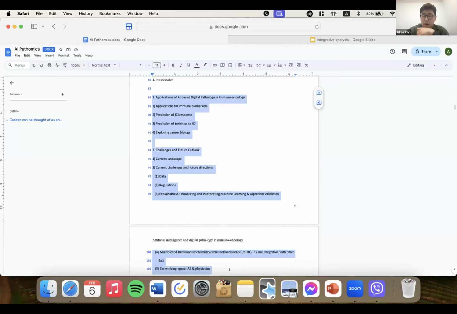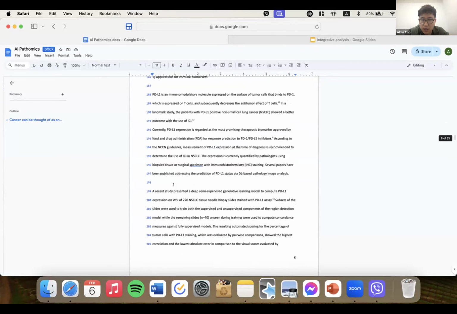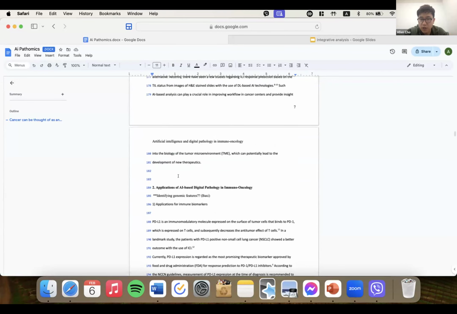Okay. And then the next question I had was, because I've already had these headings put in from who had written it before, and the new articles that I've read have extra information related to the whole AI pathomics portion, such as that it can help identify genomic features, and nothing in the current manuscript really mentions that. Should I include that kind of information as well and just add a new subheading to what we have?